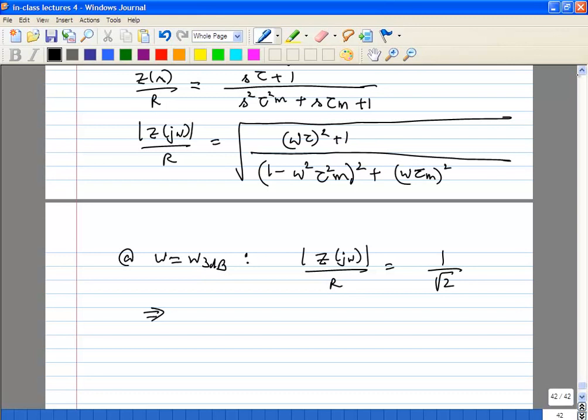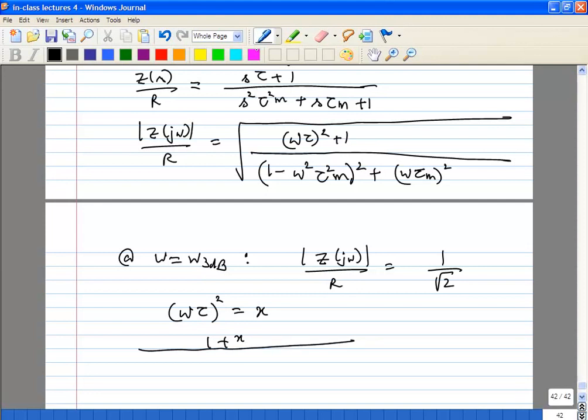So you can just take this and equate it to 1 over root 2. Okay, so let's simplify the expression. Let's say new variable omega tau the whole squared is x. Okay, so what you'll get is 1 plus x over